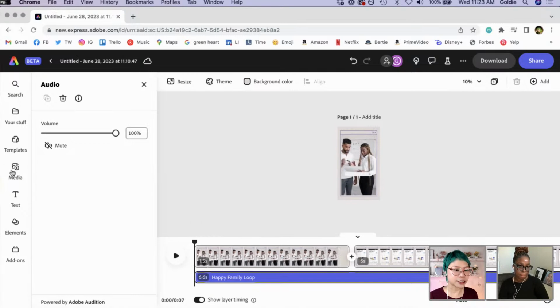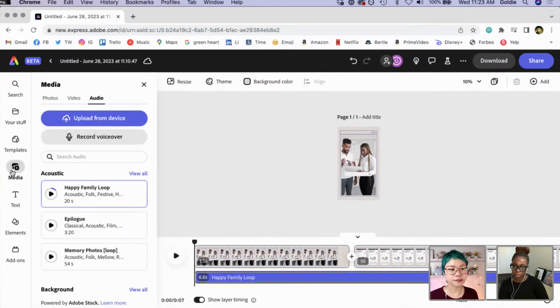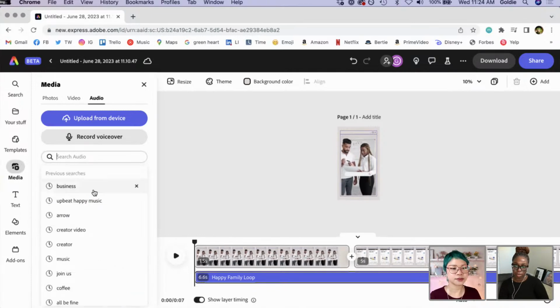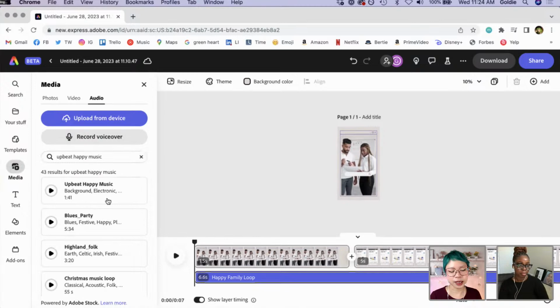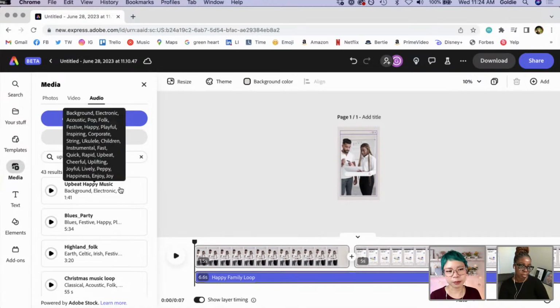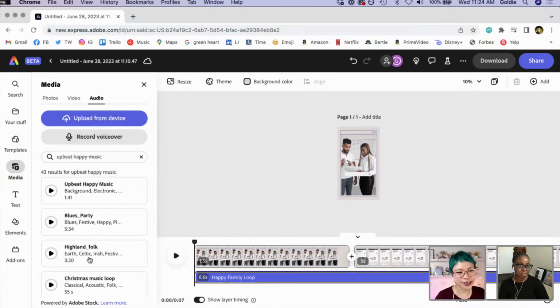At the very least, now you know where it is. It's media, it's under audio. If I want literally upbeat, happy music, I think there's literally a track called Upbeat, Happy Music, which is so helpful. Or if we wanted, for some reason, this to be Highland folk, we could also do that. There's a million music tracks that you can pick from. That number is not exact, do not quote me on that. We can pick from them for our music, for making any of these videos.